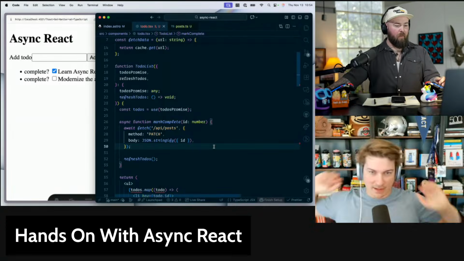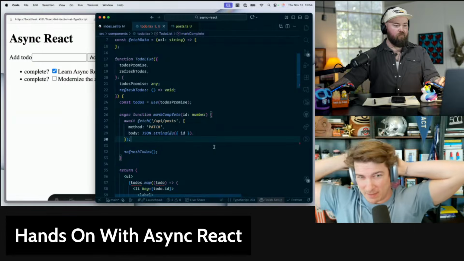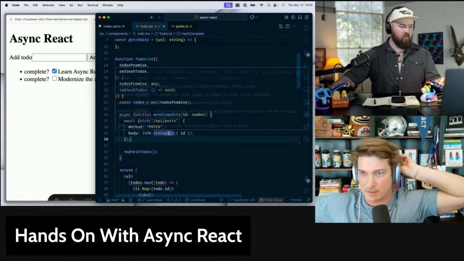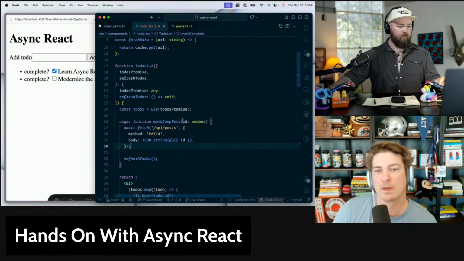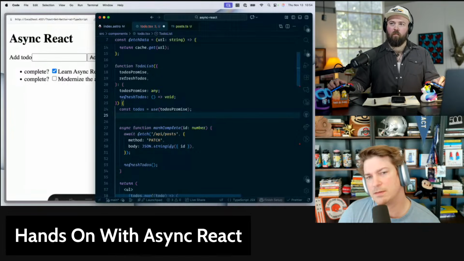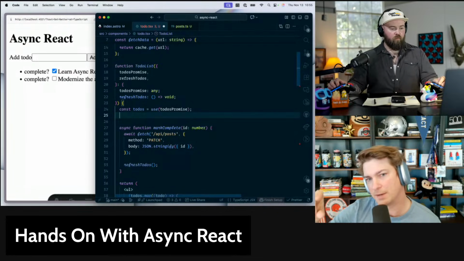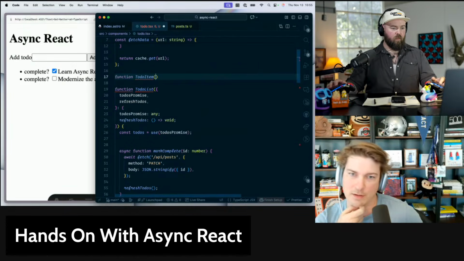So now let's add this feedback. When you click complete in the app now, there's no feedback of what's happening. So let's use a transition for that. The best way I would say we should do this is to have a to-do item component so that we can show a pending state on each individual item that you're marking complete.